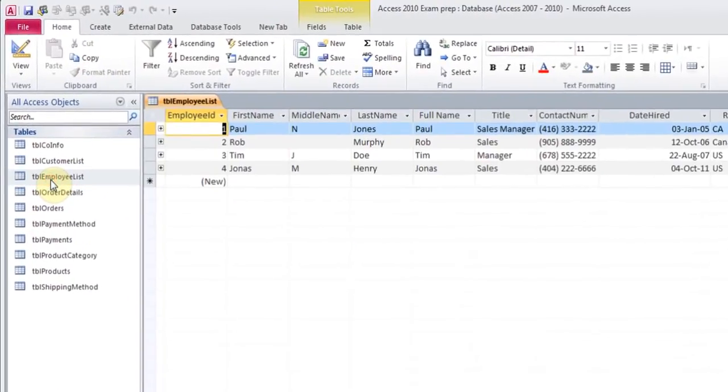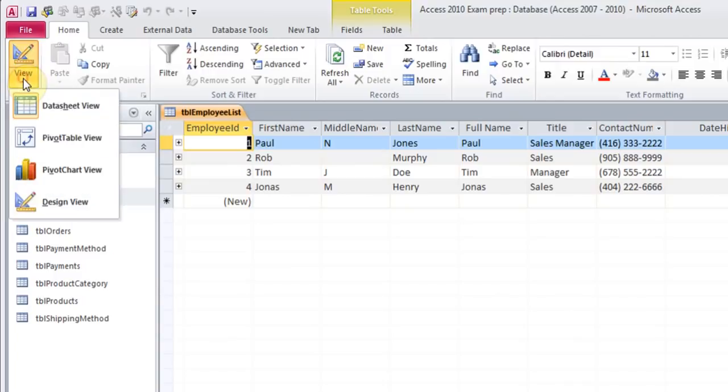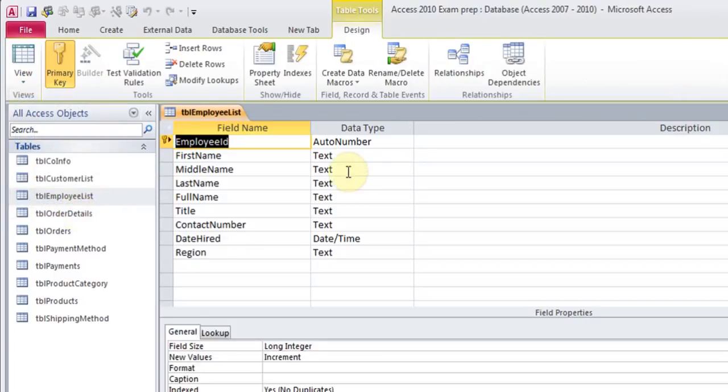So if the table is already open, you click in the left hand corner on the drop down button, and from here you can go to the design view. So you come to the screen,